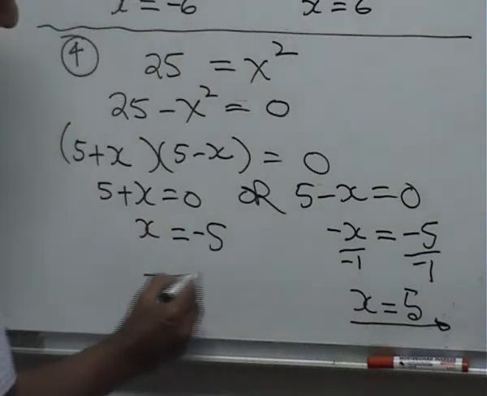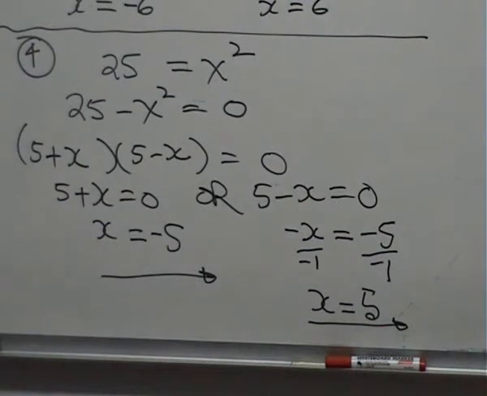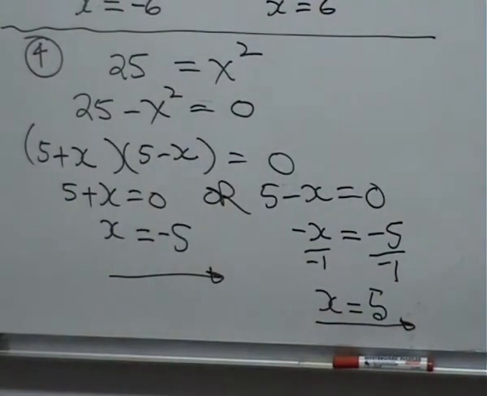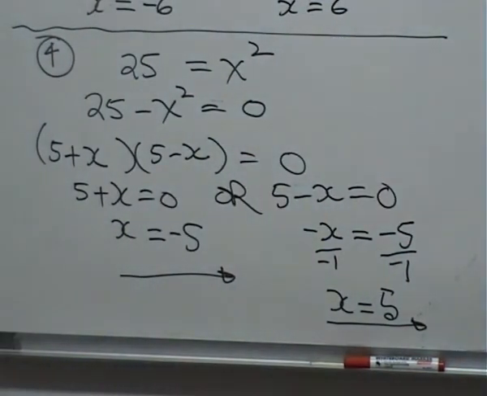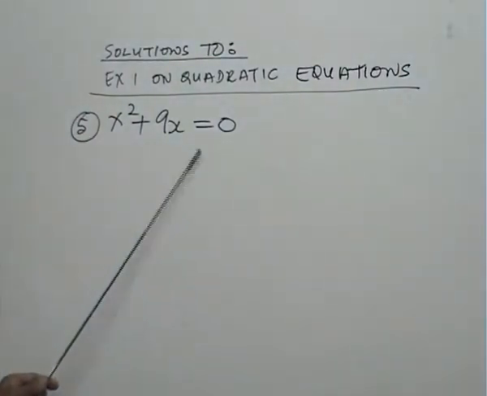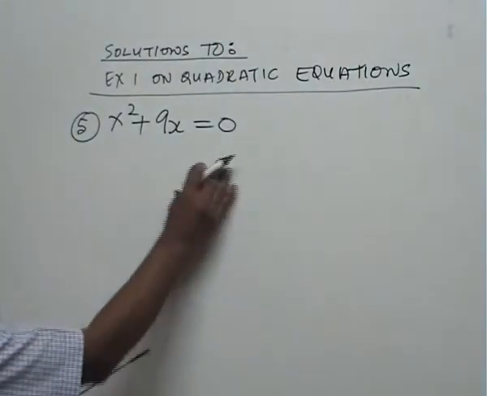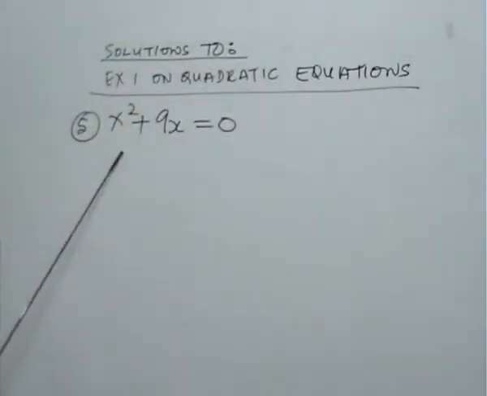Answers: x is equal to minus 5 and x is equal to plus 5. Right, number 5. Firstly, it is in standard form, so no need to do anything else. It is in standard form. But when I look at this example,